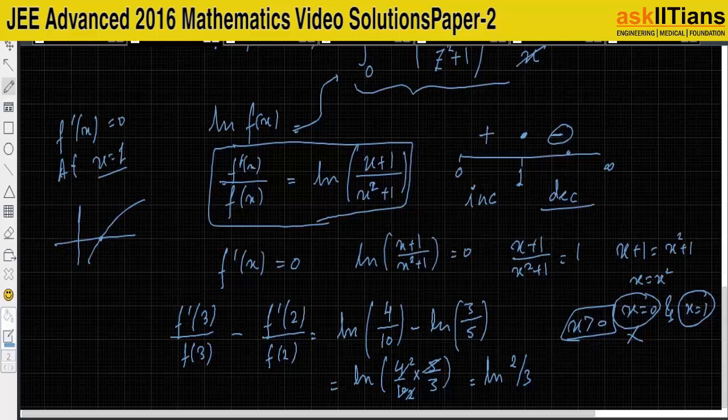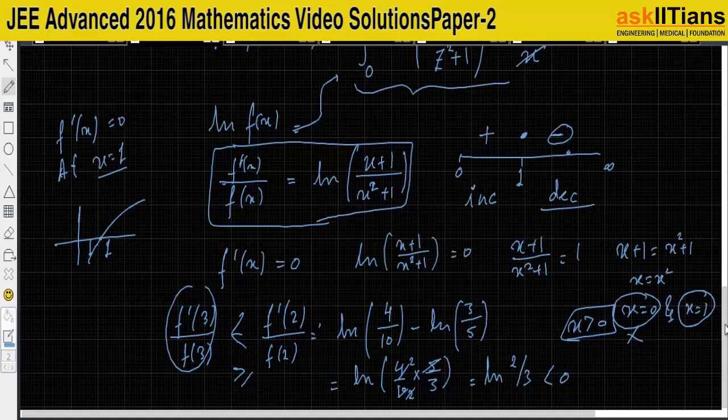The graph of ln is like this. At x equal to 1 it's 0, so 2 by 3 will be somewhere here, so this will be a negative quantity. If this is a negative quantity, then this quantity will be lesser than this quantity, right? And what is the option? In the option it is opposite, it's given that this quantity is greater than or equal to this thing, so that's a wrong